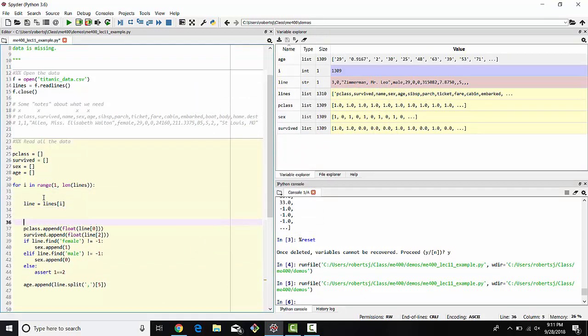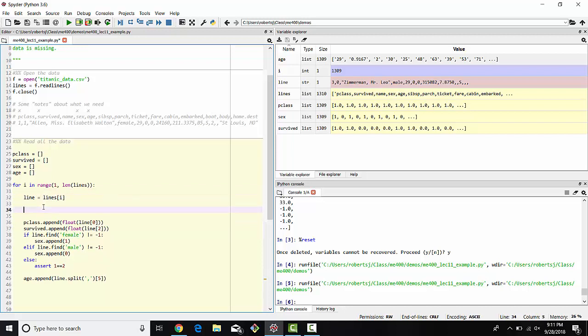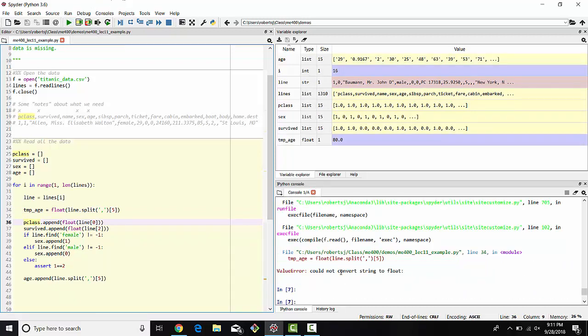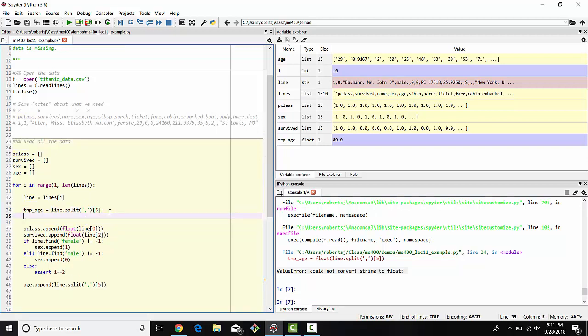I'd insert a line here, after line, and maybe I'll call it temp age. And so I get this string, copy it over here, turn it into a float because of those fractional ages, and this we're going to see actually fails if I try to run it, because you can't turn an empty string into a float. So first of all, we have to check if this temporary age is actually a number. So if temp age is not equal to the empty string, which is what we would get,